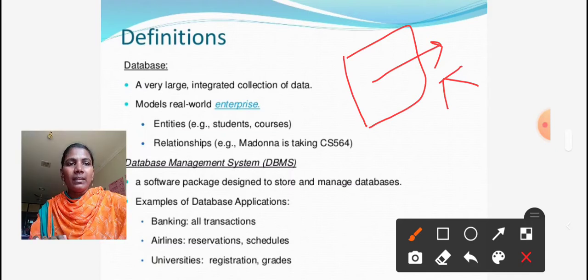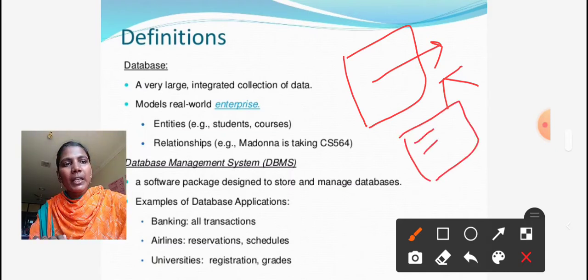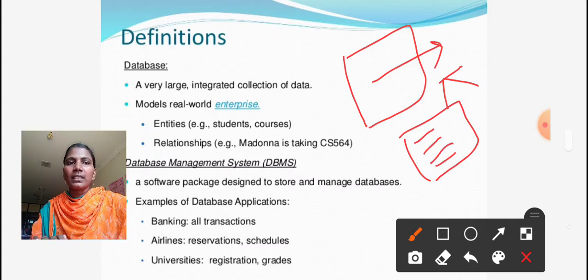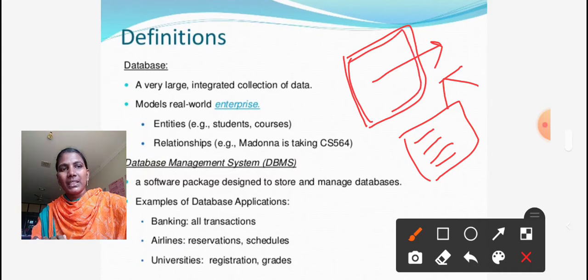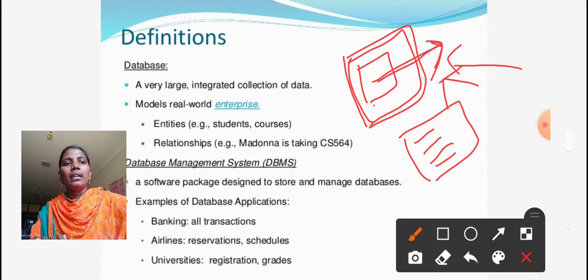Whereas in the file based system, multiple users use multiple files for accessing the data values. Here by using the database concept, only one file is saved, there is no data redundancy, and multiple people access that file at a time.